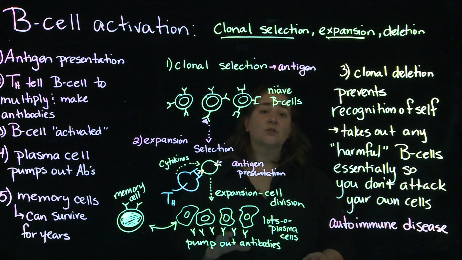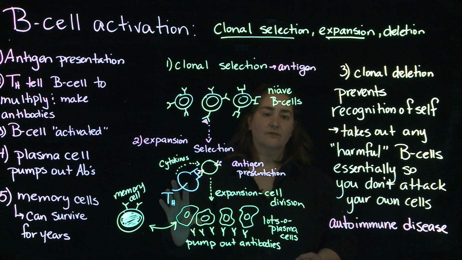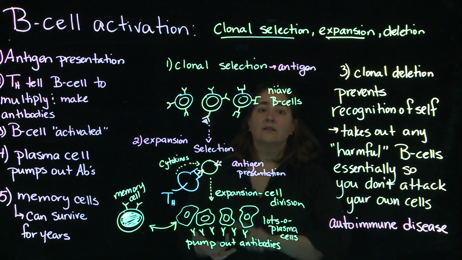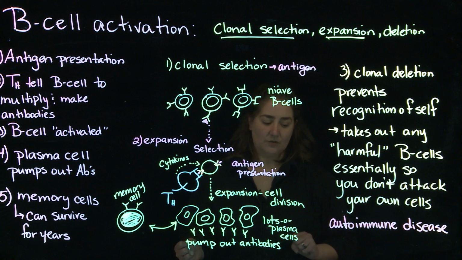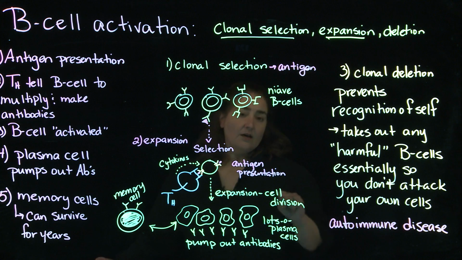Okay? Because what you want to have are B cells that recognize non-self. Non-self is the foreign stuff, things like pollen, things like bacteria, things like viruses. All right? Non-self. You don't want to be taking out your own cells. All right? Hopefully that makes sense. If you have any questions, please let